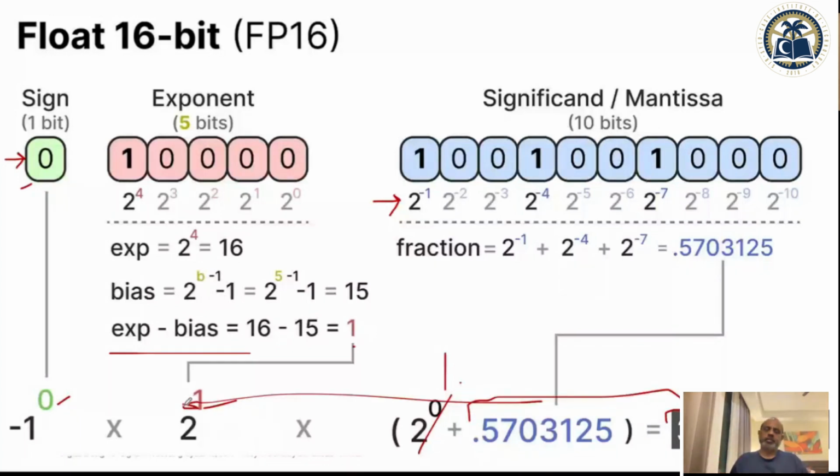This exponent is put into the exponential, and there is this format where they have a bias, which you need to add into the representation. Because the bias is 15 and this is 1, you need to make it 16. So what you write here is 16: 1, 2, 4, 8, 16. Actually it is 2 raised to the power 1, but for some reason the IEEE format adds the bias into the number.